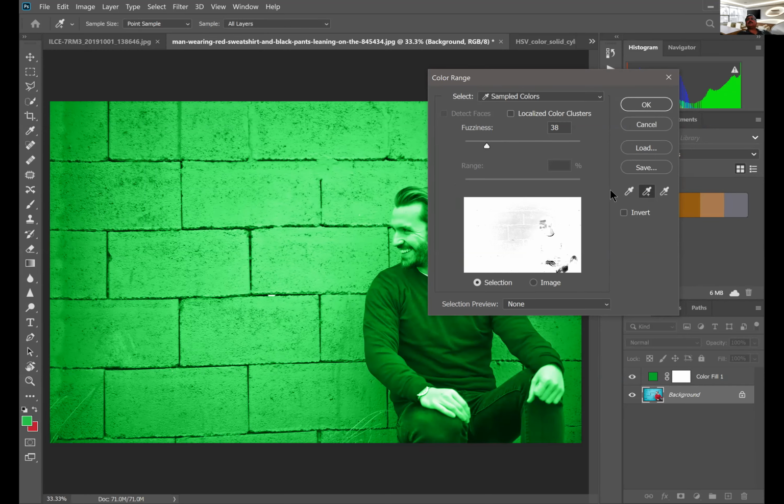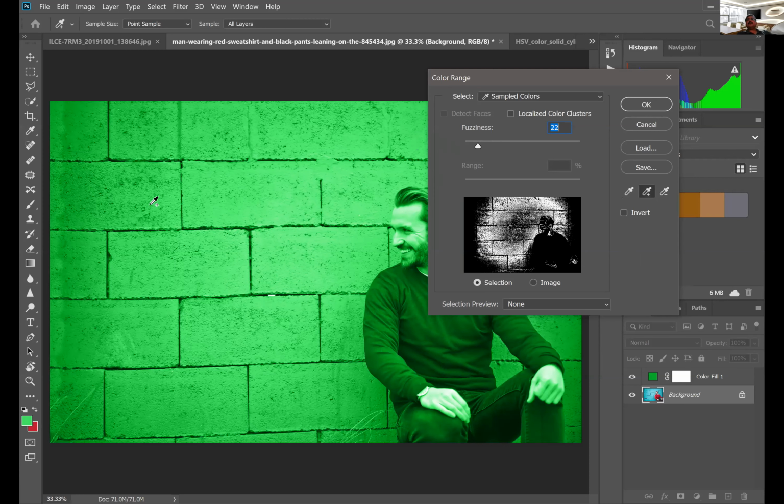So now he's also selected, so I have to go back, click the color and then use the plus marker so that I can just click areas where only he is not selected, only the background is selected. If I made a mistake, I can remove some of him.